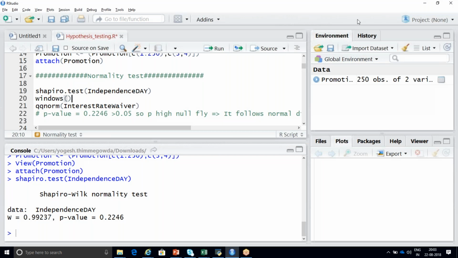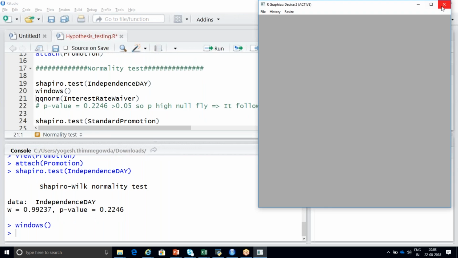I'm going to run line number 20. If I run this, I'm going to get a blank window, because if I close this, I'm going to get an error since I've zoomed in my RStudio.